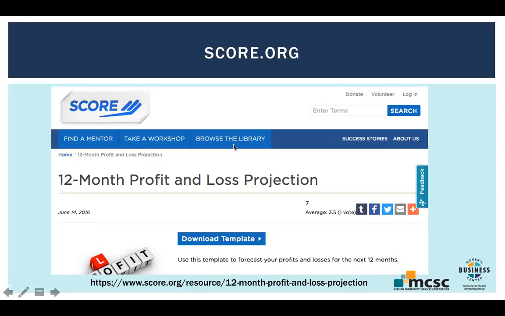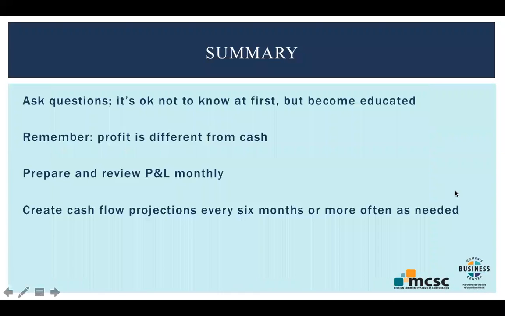And if you go to browse the library, I can't click on this. This is just a picture of their website taken recently. They have templates. So you can download templates. I believe even that you can fill them in online, or you used to be able to, but you can get some Excel spreadsheets if you're trying to do a business plan and want to prepare a cash flow statement or income statement. Browse their library, and then there's some other categories. And I think it says downloadable templates is where this comes from. And there's all sorts of great templates, both marketing, finance templates. Score's a really great resource.